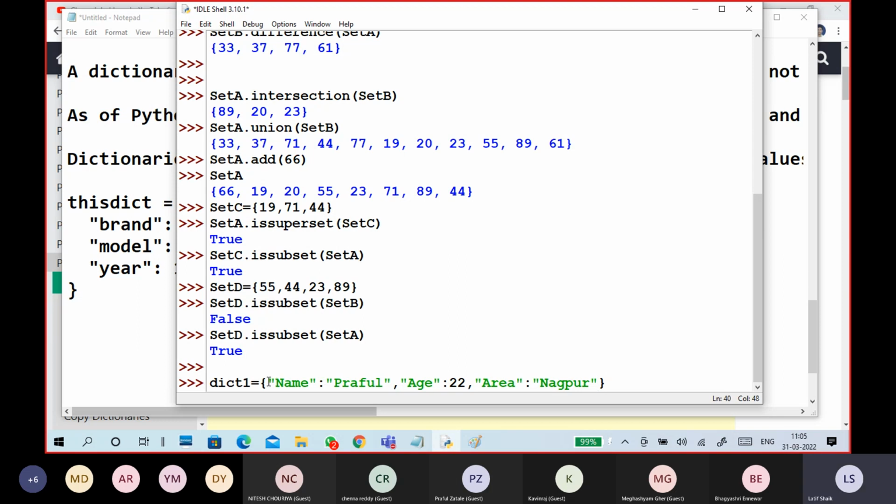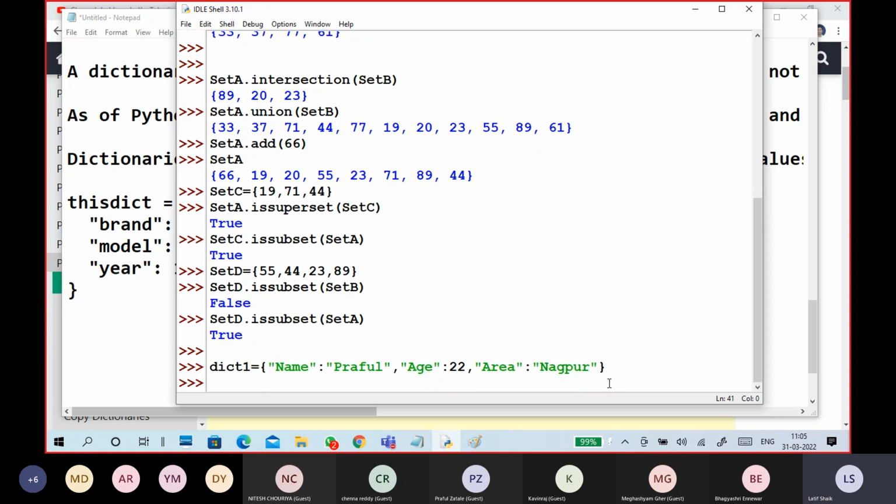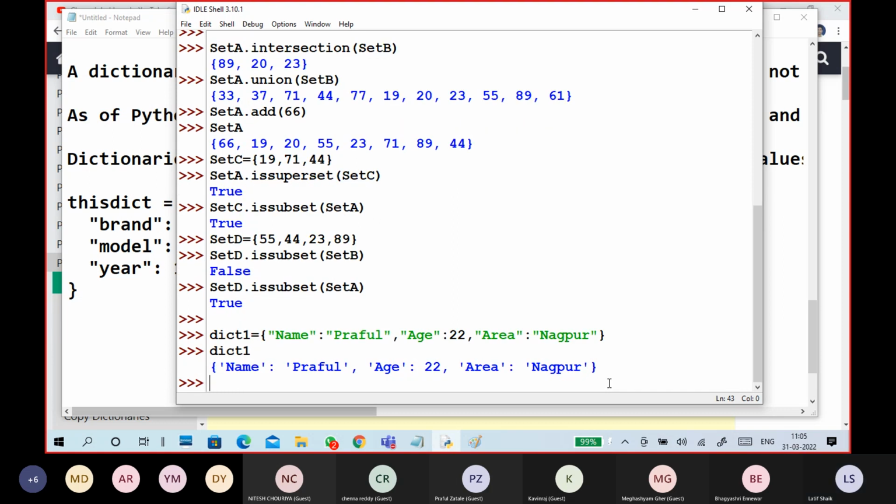So I created a dictionary like this. If you want to see what it is, this is a simple dictionary. If you want to know the name, it is element access key-wise. Be careful with capital letters and small letters.